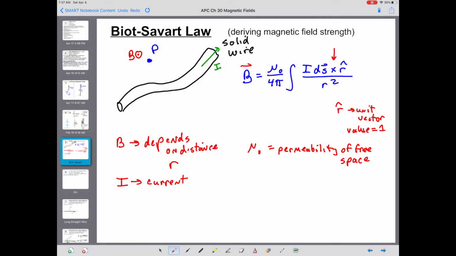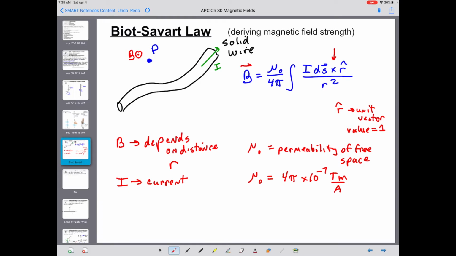The permeability of free space is basically the counterpart for magnetic field. It is a constant that describes the ability to set up a magnetic field in a vacuum, and it will also be modified when we don't have a vacuum. It has a value of 4 pi times 10 to the negative 7th, and the units are Tesla times meters